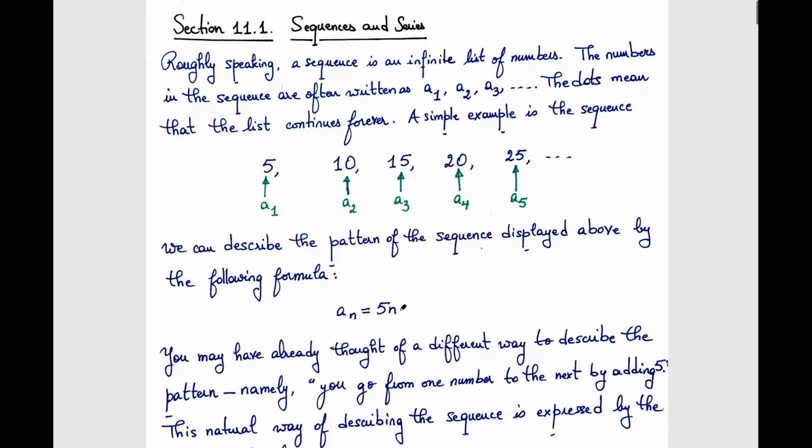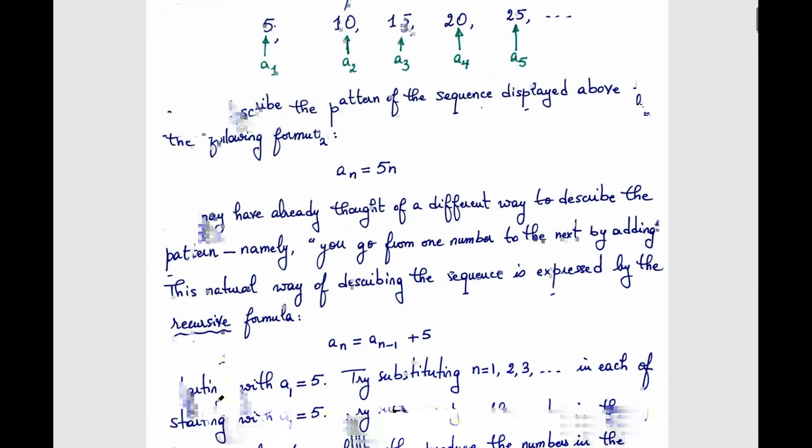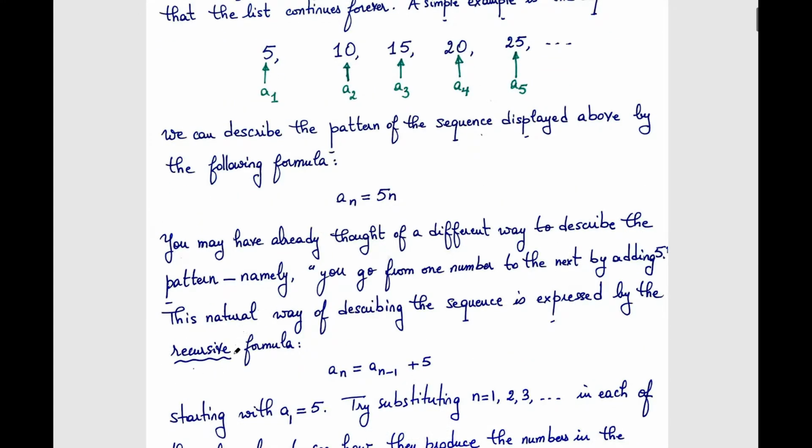Okay? You can also describe the sequence as follows. You can go from one number to the next by adding 5, right? So you can go from one number to the next by just adding 5. Correct? So these are the multiples of 5. So every term is going to be 5 more than the previous one. Okay? So another way to represent that sequence is by the following recursive formula, or recurrence formula, like